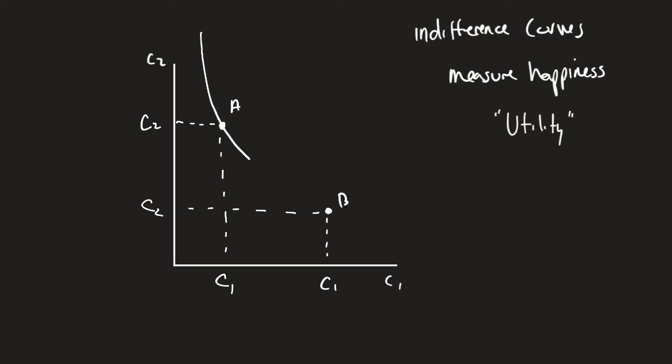And so let's connect this. We're going to do this with just a general utility function, which would be this type of indifference curve. Let's call this U1 for utility 1. And that means that every single point that this touches, this person has the same level of happiness. So this is a single indifference curve, but the combinations of C1 and C2,